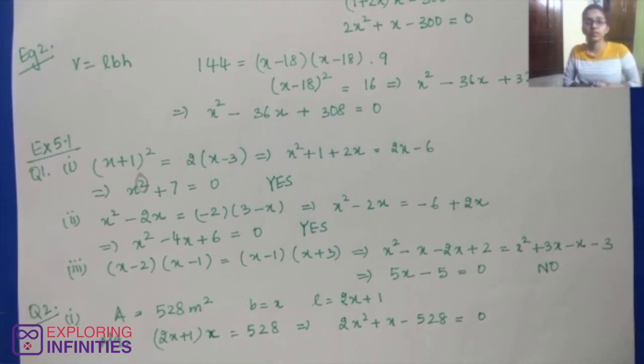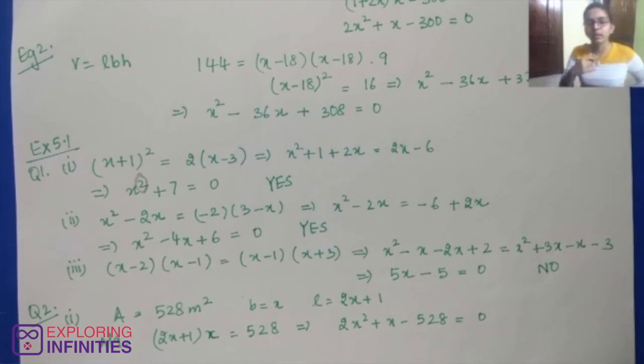So the question said that we had to find the length and breadth basically. So we don't know how exactly we shall solve this quadratic equation. This is again one of the main problems we'll deal with in this chapter, that how exactly we are going to solve these quadratic equations. How exactly are we going to find the length and breadth of the particular plot that we own. Okay, so this is just one of the examples. So we'll study gradually in this chapter how we are going to solve these quadratic equations.